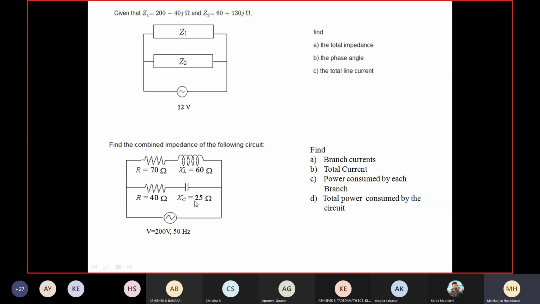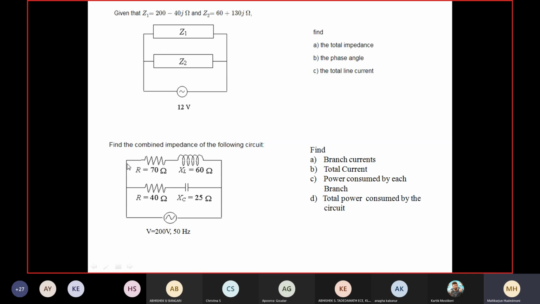To do that, we have two options. One is the I square R logic. Suppose you know I1 in polar form. You will get a certain magnitude and angle. Magnitude square into resistance, that is I1 square into R1. That is the power. Similarly for I2, put the current in polar form. Use the magnitude as the current, square it. I2 square into 40. That is the power consumed. Add these two. That becomes the total power.